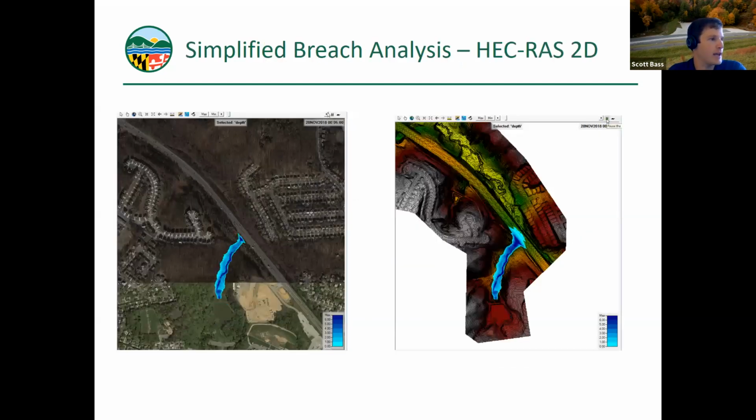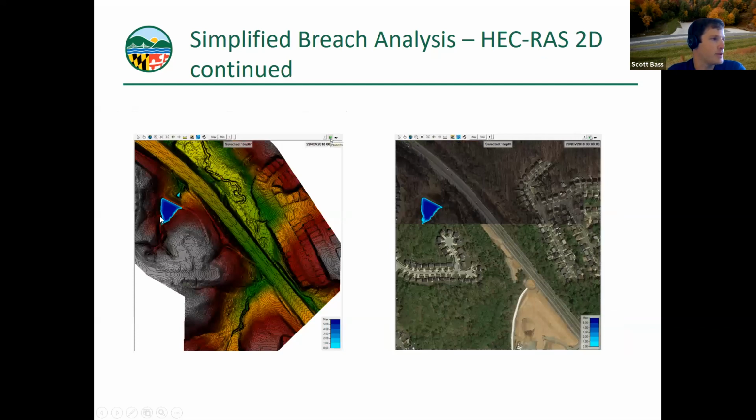We also have a section on conducting a simplified 2D analysis. I encourage this whenever you can because this actually considers storage area downstream of the dam. An example of which you can see a pond breaching in these animated photographs, and because the volume behind the culvert downstream is greater than what's in the pond, it doesn't ever overtop the roadway, whereas if you had done a more simple 1D analysis, we would have shown a hazard to this high volume roadway.